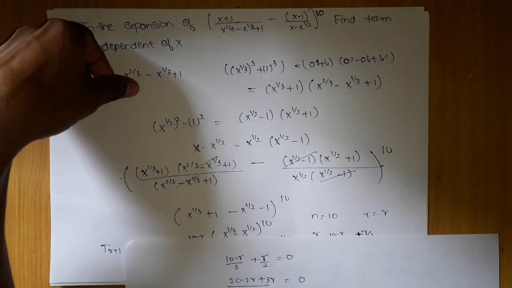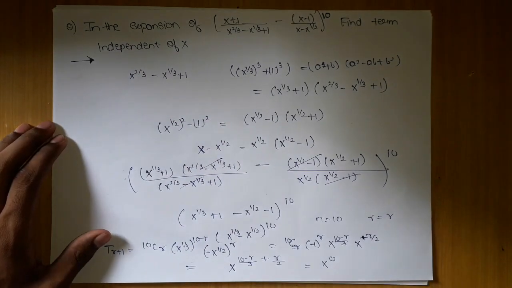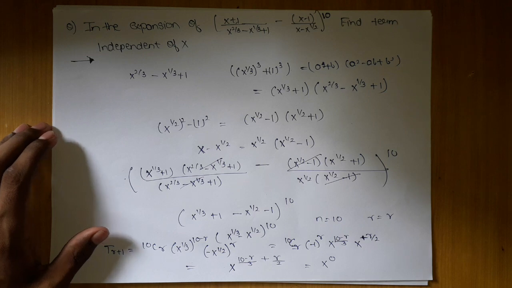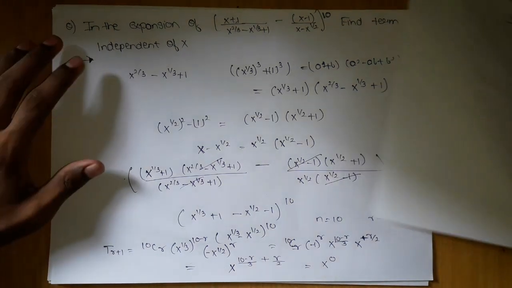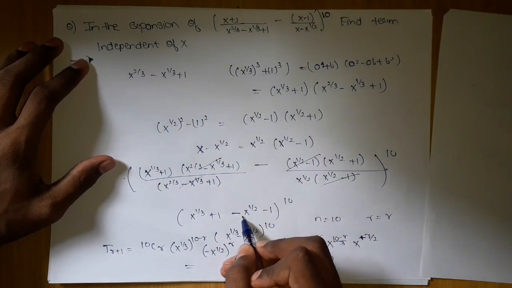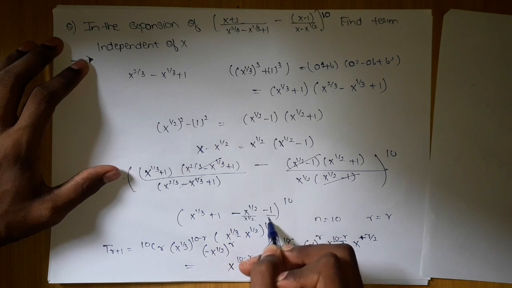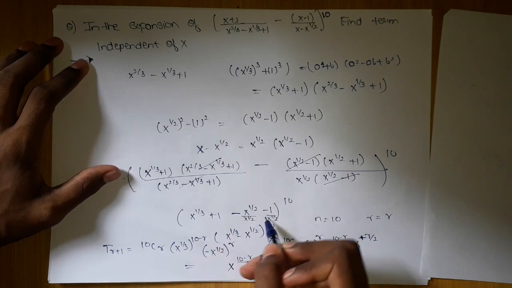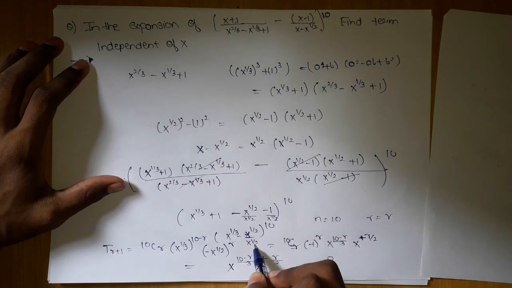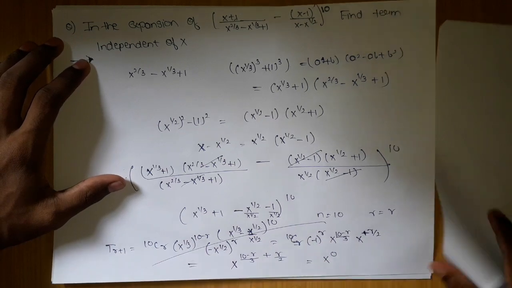Okay, wait, we are making some mistake about x power. Yes, we are making one mistake. Here x power 1 by 2 is also there. Okay, we forgot about that. So here x power 1 by 2 and x power 1 by 2. This will become 1, this will cancel out, but this will remain. So our final binomial is 1 upon x power 1 by 2. Okay, or let me do it again.